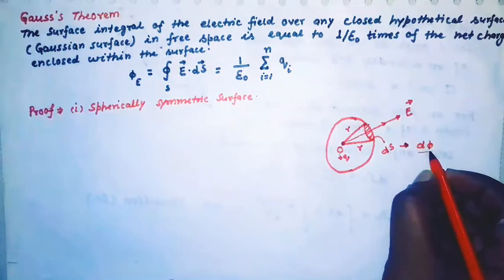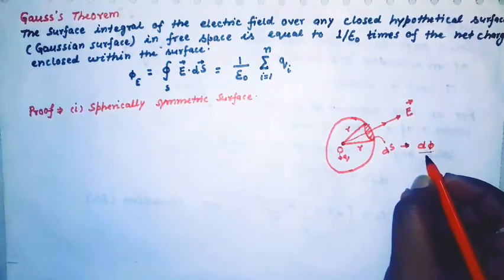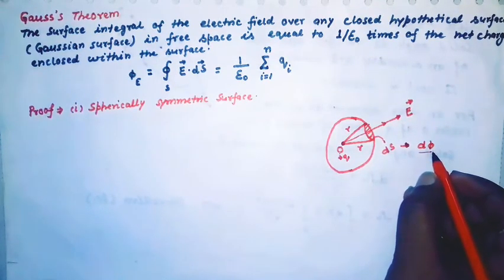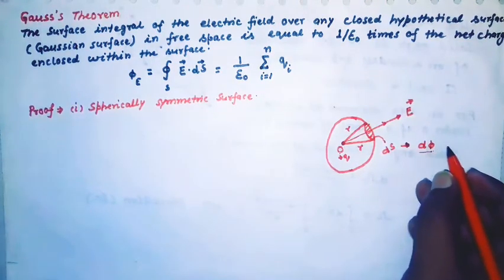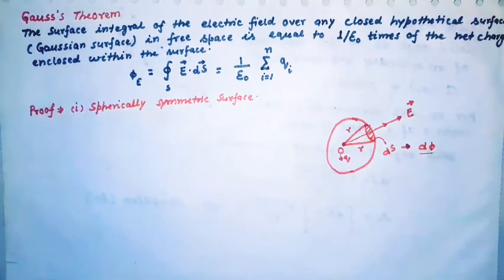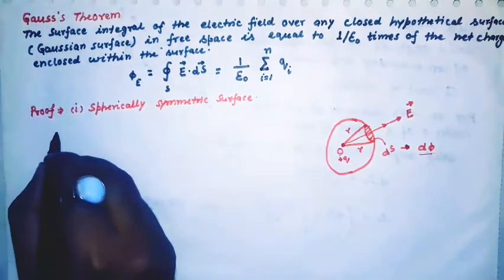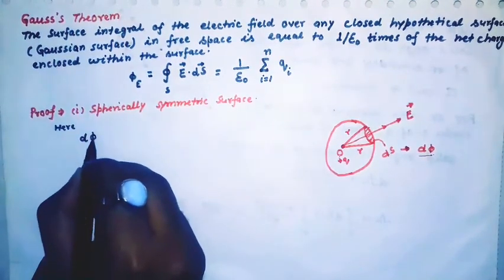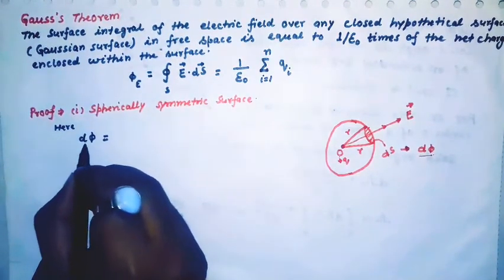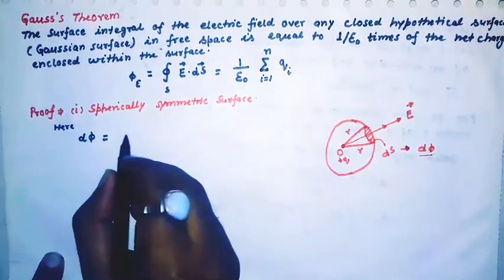So first we will evaluate d phi, then we will integrate this d phi for the overall surface, then we will get the total value of phi or electric flux. So here d phi, or flux across ds, is given by